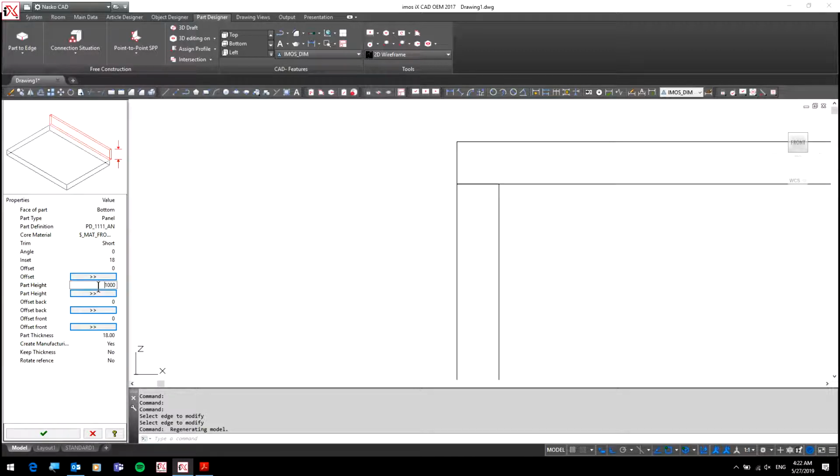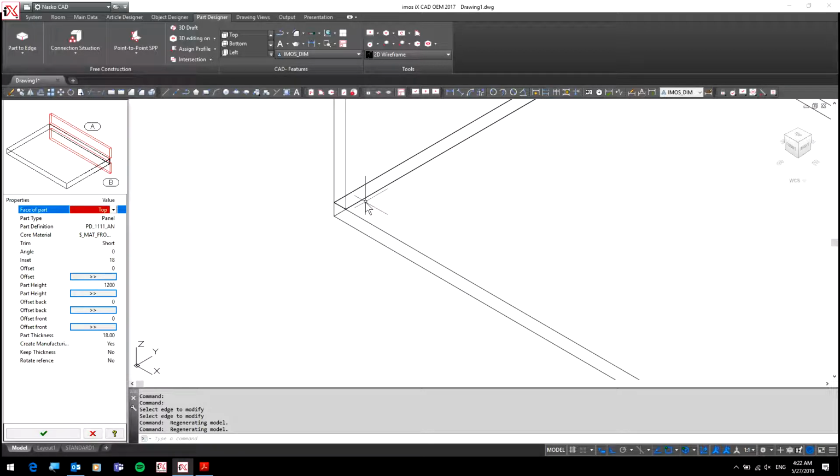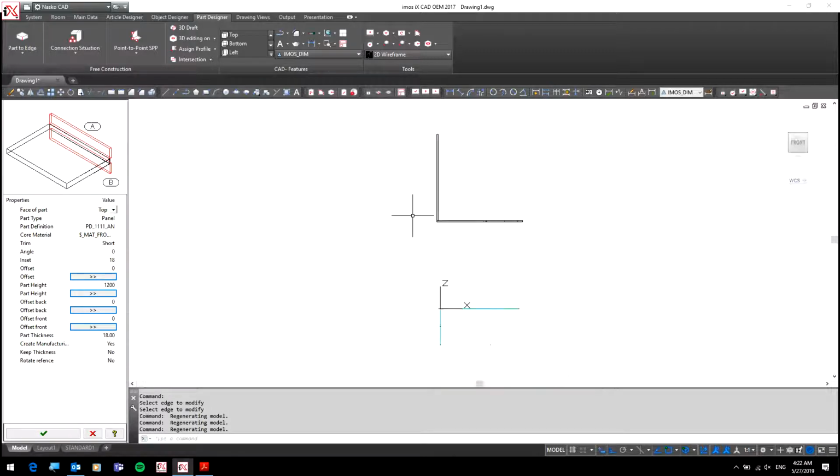What is this 1000? 1000 is the height of the part. So I need 12,000. And now it's bottom, but if it's top, it will look like this. Okay, so I click bottom, and then